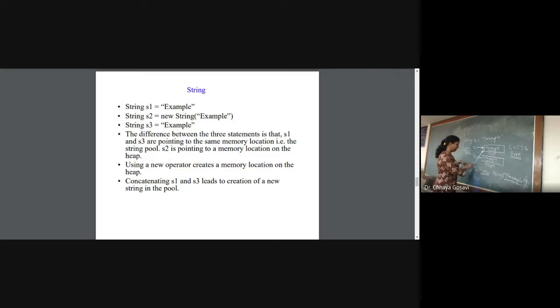Here, instead of example, if you give S3 any other string, it will not assign it to the same object, it will create a new object with a new memory location. But as we are passing the same string, the compiler thinks that this object is already there. So this is not a new object, it is just a name given to the previously existing object. That's why it will create an alias. Alias means a name given to the same memory location.